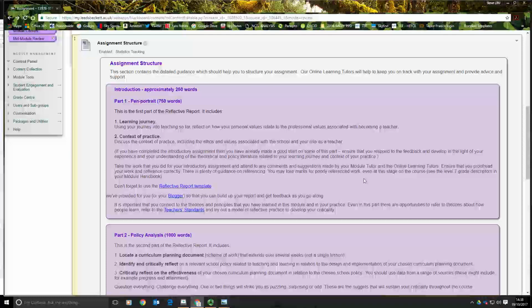It's important that when we're marking, we get a flavour of the environment that you're working in, because you're all working in such different areas. It's difficult for us sometimes to keep track of the things we should be looking out for in your work, because someone working in a reception class with 5-year-olds is going to have very different experiences to someone working in year 11 in a high school or secondary school. Should also mention that wherever possible, you should relate back to the teachers' standards if you're working in the United Kingdom.